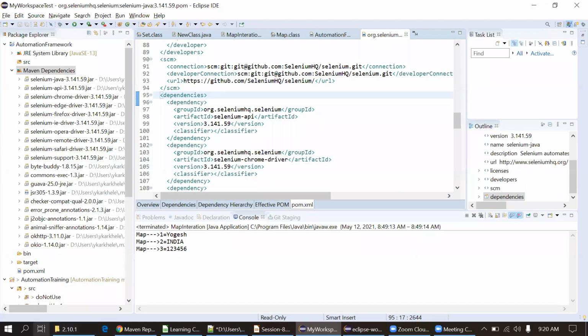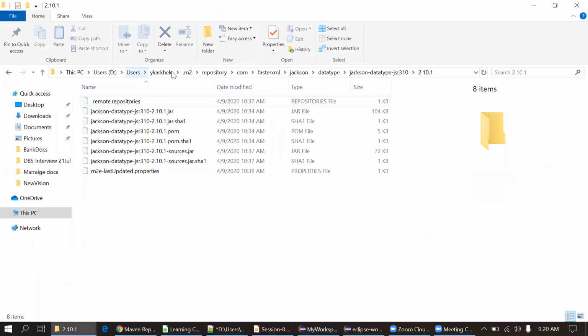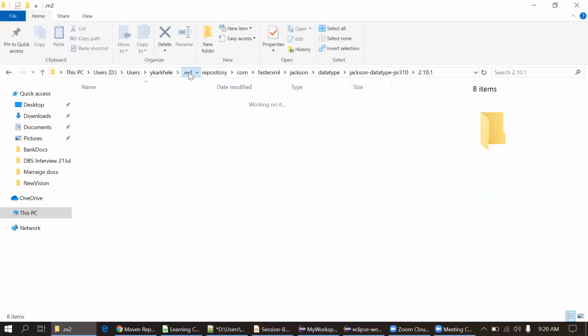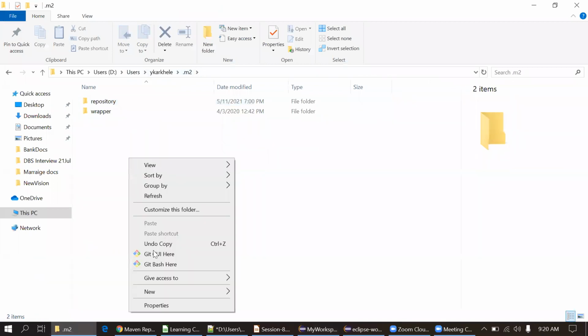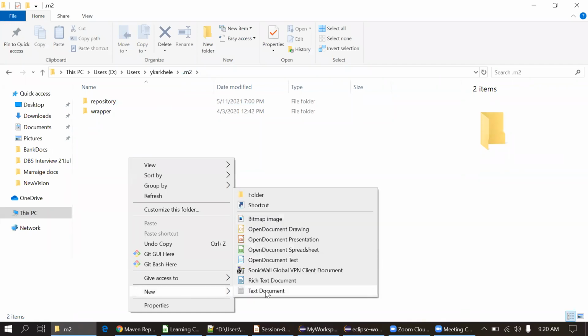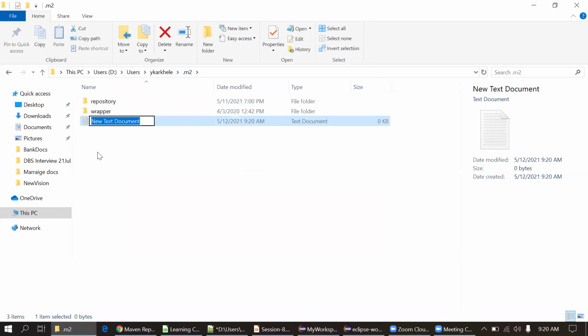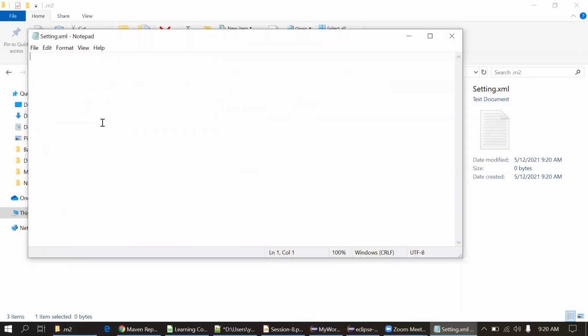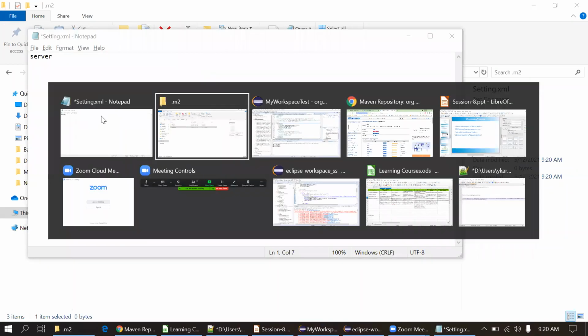We have to create one XML file here, settings.xml. I'm not 100% sure about this structure, but I'm just putting down my thoughts. I'm writing in Notepad, so this is not a real XML file. In settings.xml you have to provide the path. There is some server tag, and in it you provide the new path given by your organization.